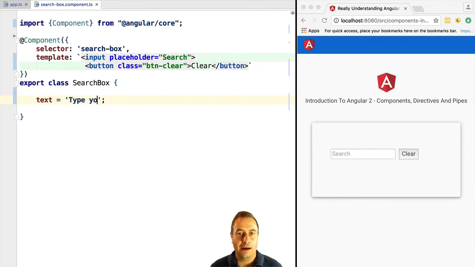Now, how do we output this to the component template? We're going to use the interpolation syntax that we are going to cover in more detail in a future lesson. Right now we are just going to output the value of a string into the template. This double curly brace expression is an interpolation expression, so the double curly brace is recognized by Angular and tells